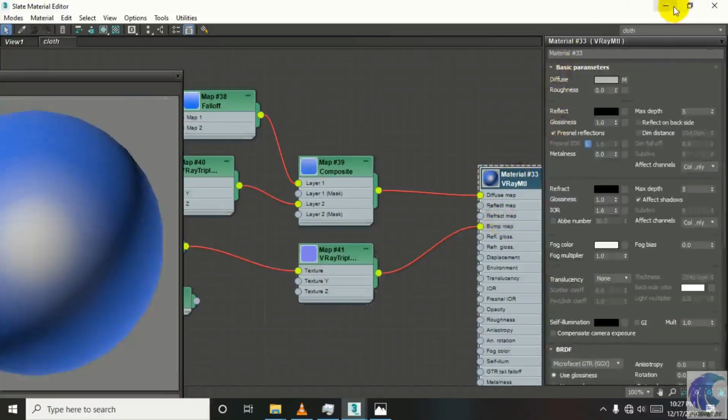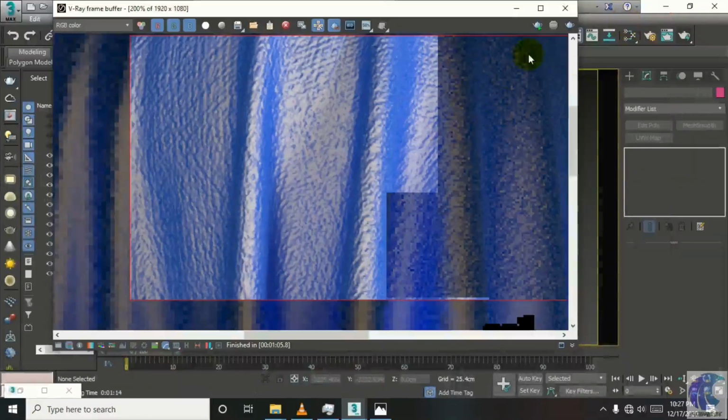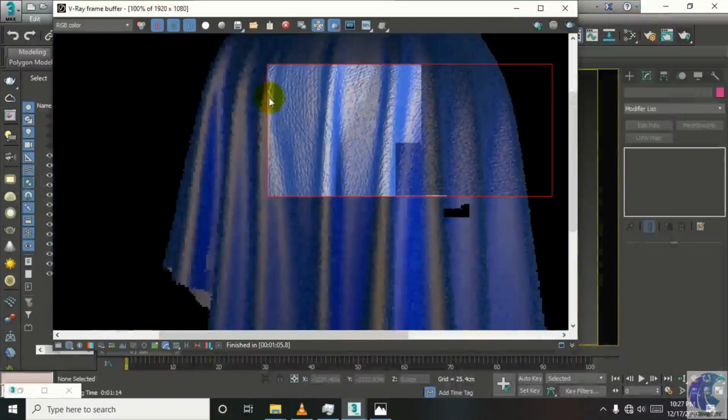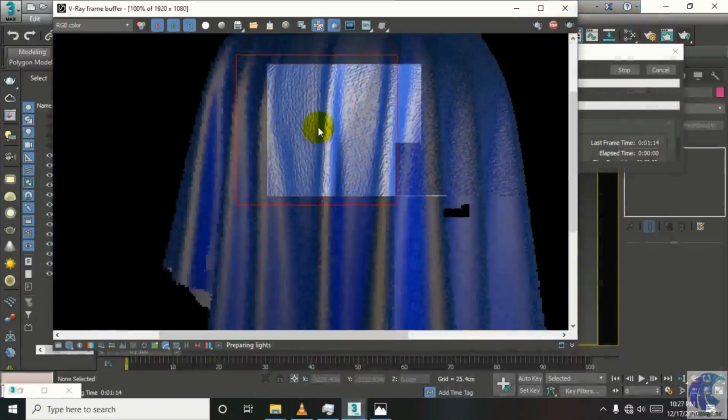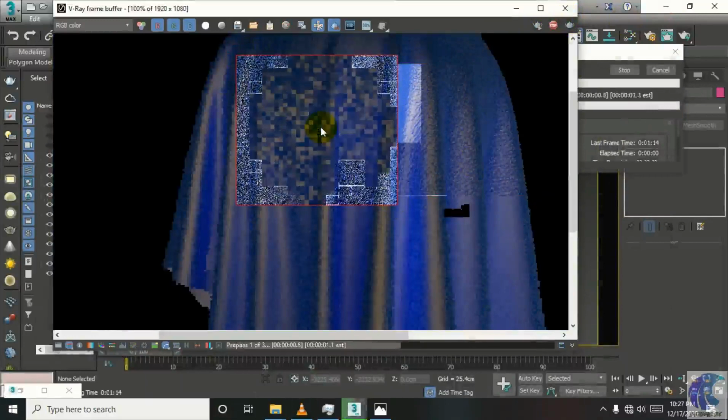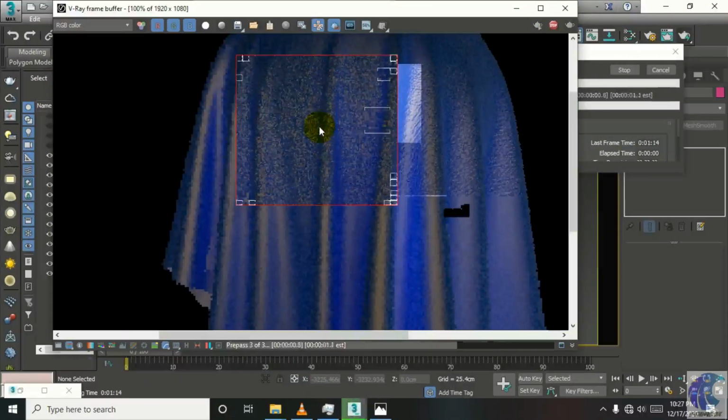Now we have to render it again. Now what we get, the result will be some odd again because our bump value is at its full.